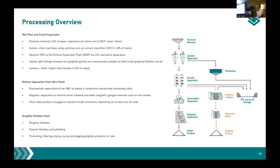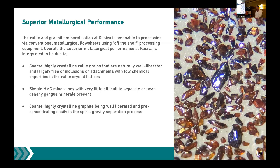We did a lot of metallurgical test work early on because we recognised this material was a bit different from traditional sands, and we had two quite different products hosted in the same material. So we've got some pretty good metallurgical performance out of this stuff. It's because we have coarse, highly crystalline rutile, coarse, highly crystalline graphite flakes, simple mineralogy with very little difficult to separate or near density gangue minerals,